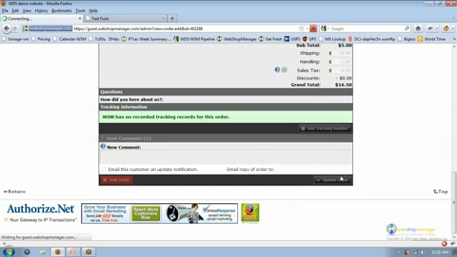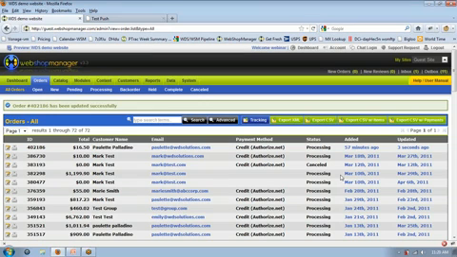If you forget to uncheck that, basically all your customer is going to do is they're going to get an email with the standard message, and it's just going to have an update status at the top that's going to tell them whatever status is here, and it's going to list the